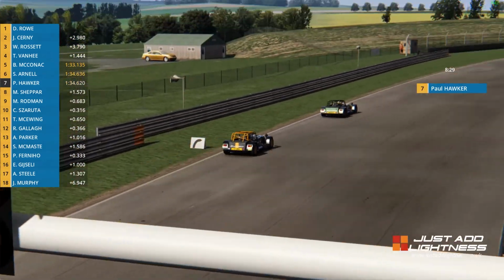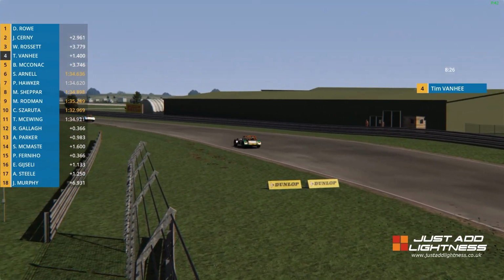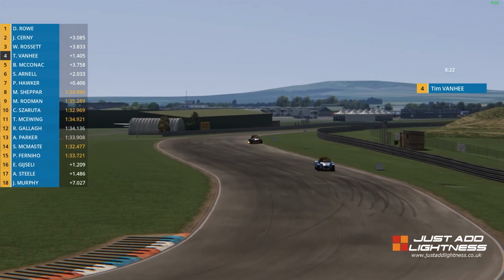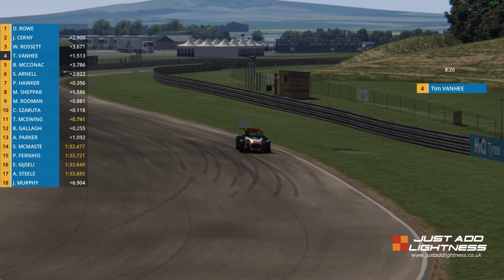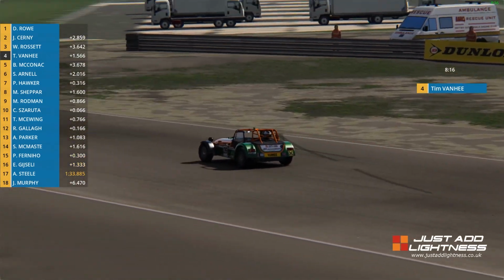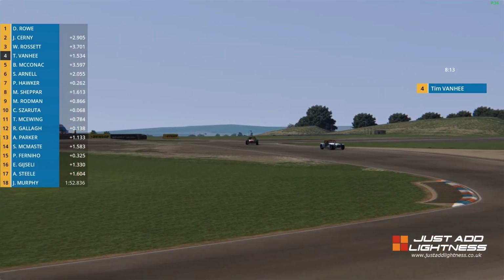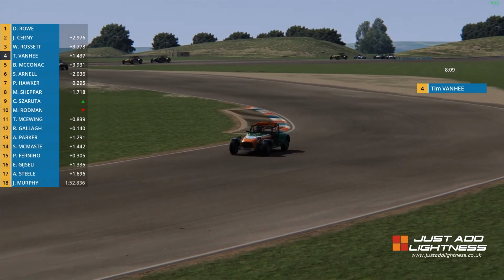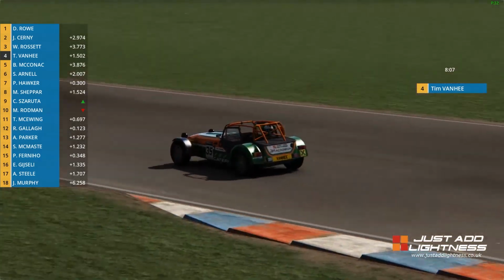It'd be great to see Vanhee have a good result, seen as he's quite often fighting with Jeselic, but he's free of his buddy on track now and actually looking like he's closing in on Rossetti. Don't want to tempt fate, as you say, he's only 1.6 seconds away at the moment from a potential, and that's the key word in that sentence, a potential podium. So if he keeps it clean and keeps in the mix, he might well start to latch in,